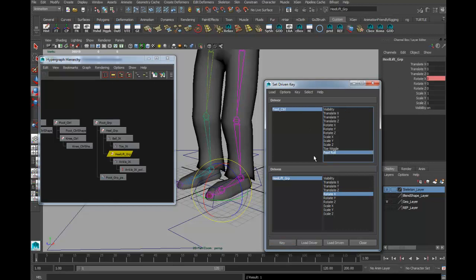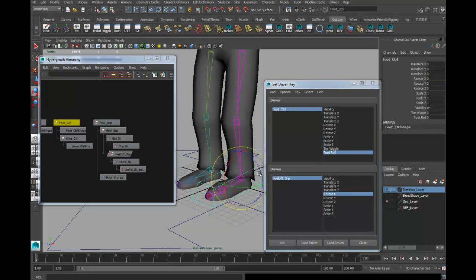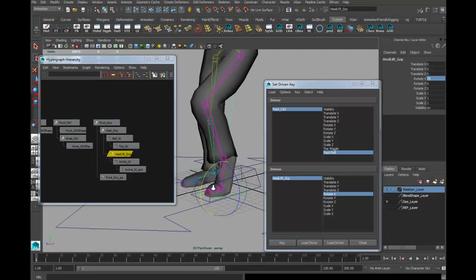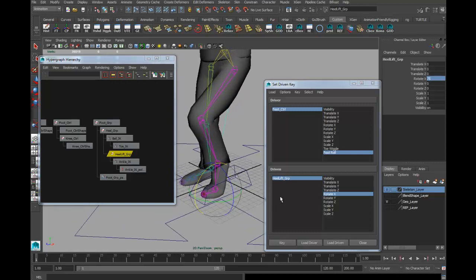Then I'm going to select the foot control. You can either select the foot control here, or you can just click on the word up here and that selects it too. Take the foot roll and I'm going to go to a positive value, positive 10. And I'll take the heel lift group and we'll rotate it up something like this. Okay. I like to even it out so it's a nice, easy number to remember. 75, key. Okay. And then I'm going to grab the heel group